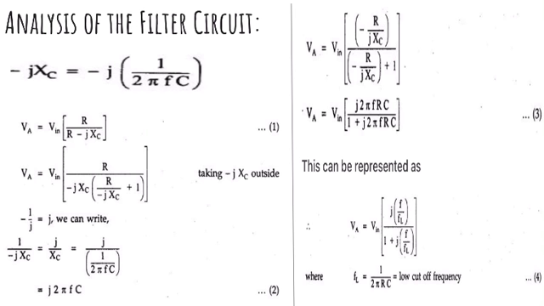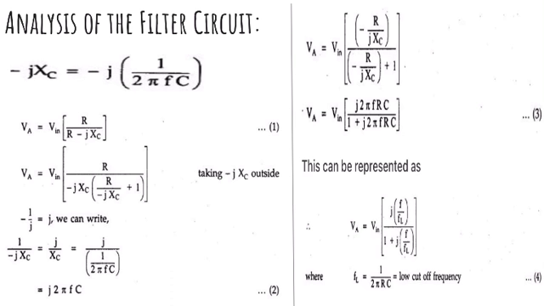So coming to the analysis of this filter, here we have the impedance of the capacitor, minus J XC, equal to minus J into 1 by 2 pi FC. Here F is the input, that means the operating frequency. By the voltage divider rule, the potential of the non-inverting terminal of the operational amplifier will be VA is equal to V in into R by R minus J into XC. By further calculating this,